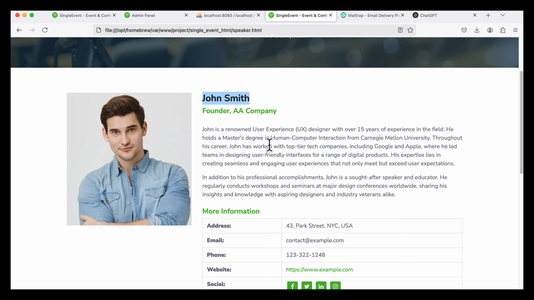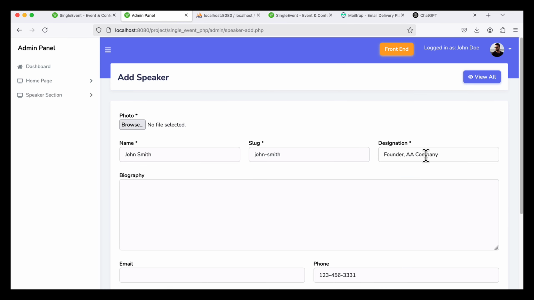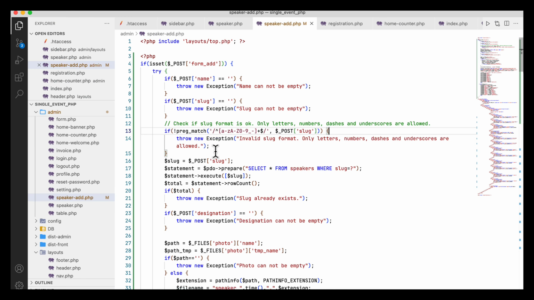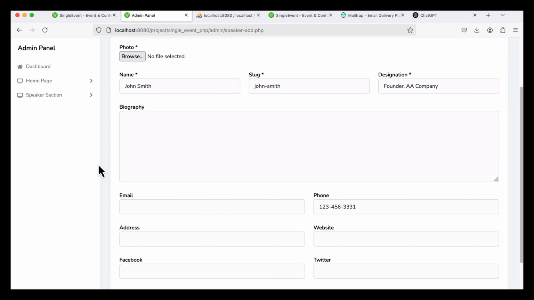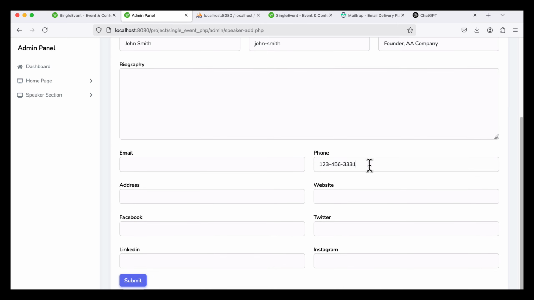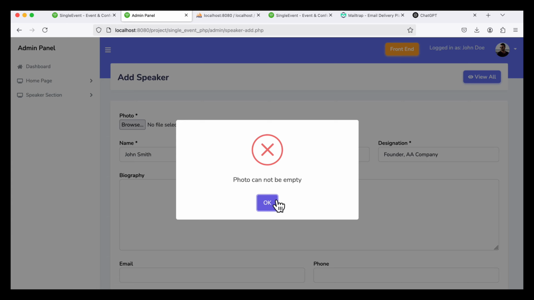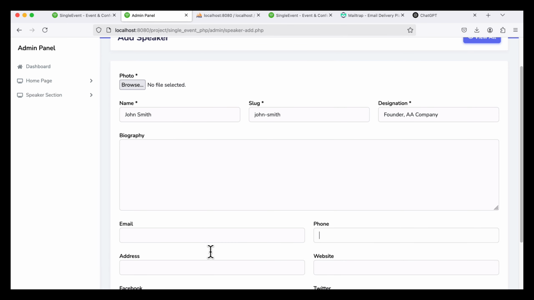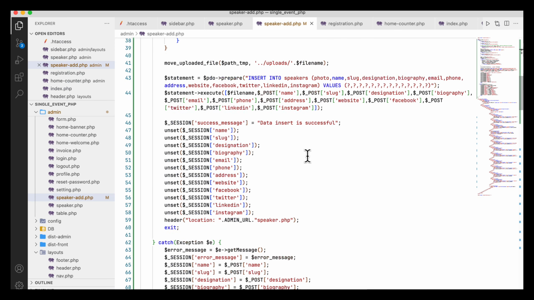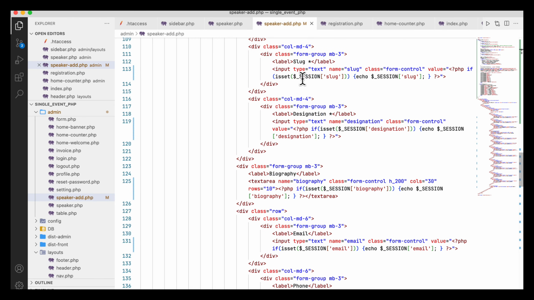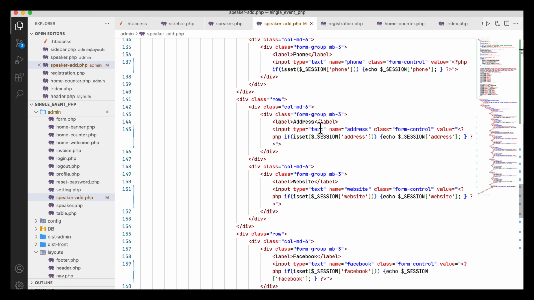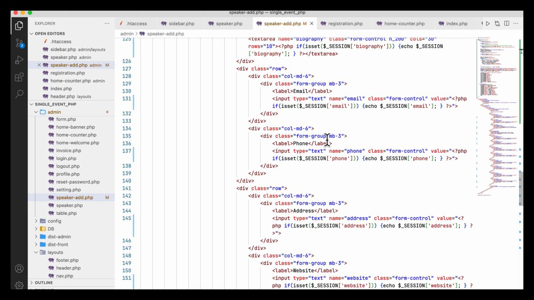Now the next one is designation, that will be here. So enter, you see photo cannot be empty. So photo checking should be in the last, but here actually all the mandatory fields are given, so photo is the final one, so no problem. Here phone comes, photo cannot be empty. Okay, now where is the phone? If there is any problem in the phone, I am going to check. So here is the phone. After email there is a phone, and phone is okay. This is phone, and this is phone. Okay,